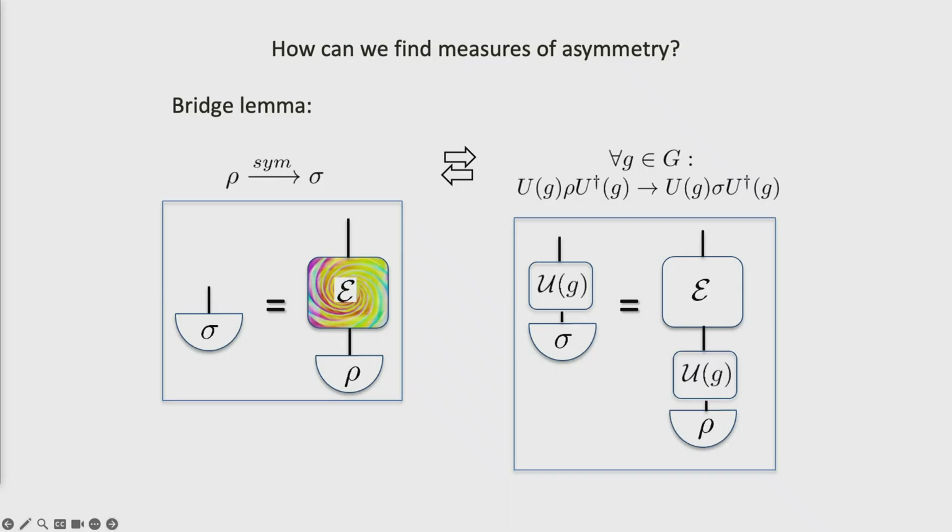Question: if I encode the message in the states sigma i, a different set of states, is it possible that by adding noise to the first set, I could have gotten to the second set? If so, then this second set is less informative than this set. It does a worse job of encoding that classical information, and I would say that they're ordered. This one is strictly worse at encoding that classical information than this one is, because there's some process that'll take me from this encoding to that encoding. If there's a process that takes me from this encoding to that encoding, and another process that takes me back, I would say they're equivalently good at encoding this classical information. But the point is that asking questions like, does this set of states go over to this set of states under any operation at all?